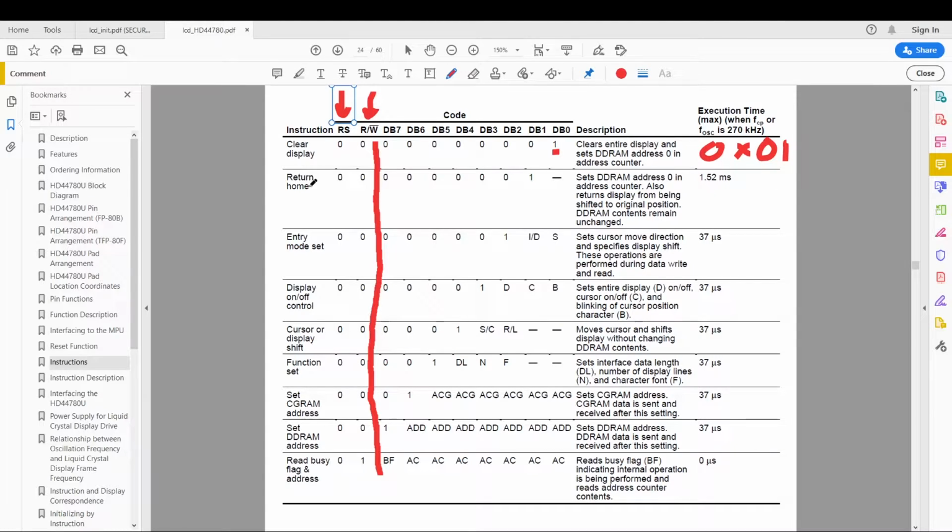Then we have the return home function, which sets the cursor or the display to the original position. So position 00 in the RAM, and that is 1 on DB1, and it does not care what DB0 is, and the rest must be 0. So that translates to 0x02. Then we have entry mode set, which is again with 00 on RW line, and this sets the direction